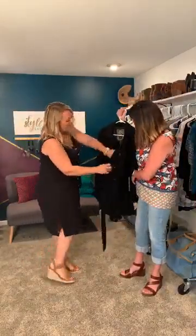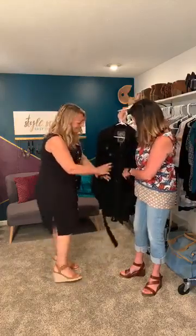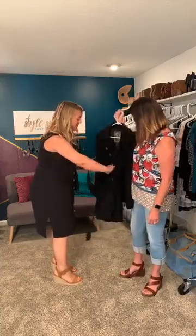It's kind of classic. I did bust all the buttons off and sew my own on, just to make it more flashy. The one I have is missing 2 buttons. So when they do that, because that's what happened,